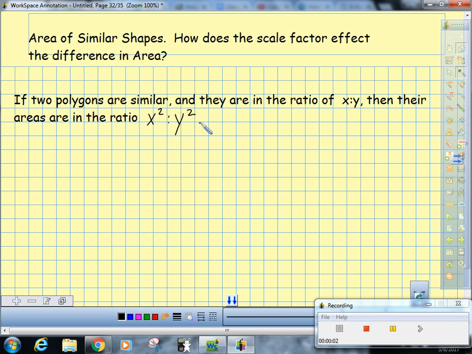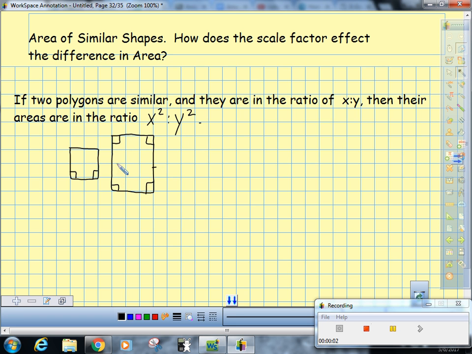So let me just, this will totally make sense. What if we've got two squares? Are those squares similar to each other? Yes, they are. They're the same shape. How would we prove they were similar to each other? I'd have to prove all of their angles were congruent and all of their corresponding sides were